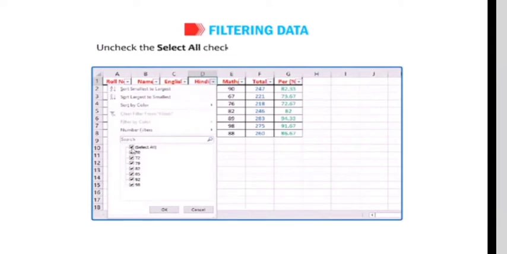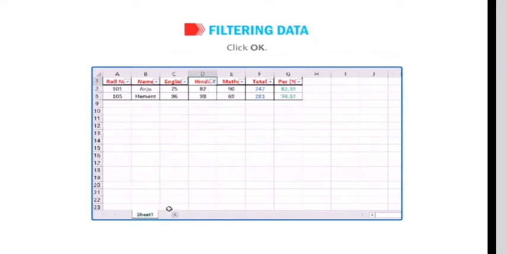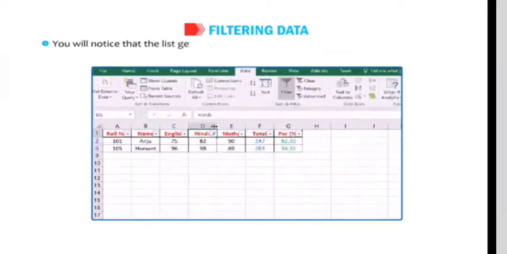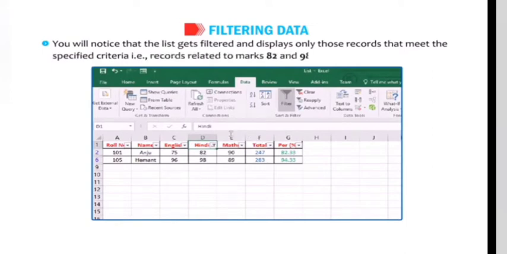Uncheck the Select All checkbox to deselect all the checkboxes. Now select the checkboxes of the values 82 and 98 from the drop-down list. Click OK. You will notice that the list gets filtered and displays only those records that meet the specified criteria, that is, records related to marks 82 and 98.